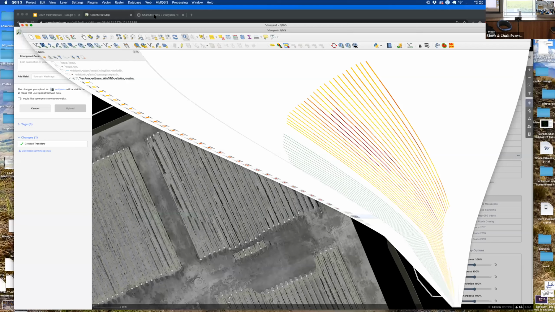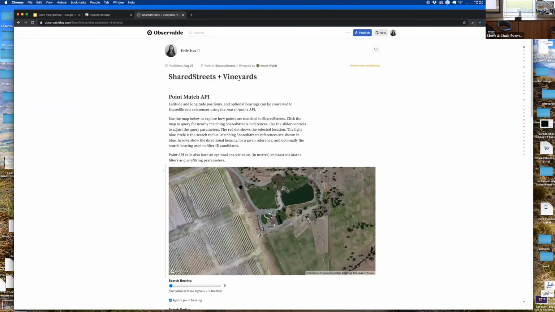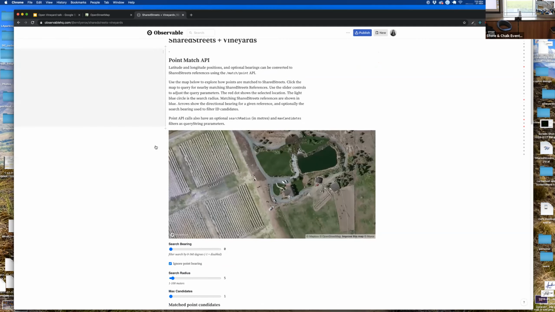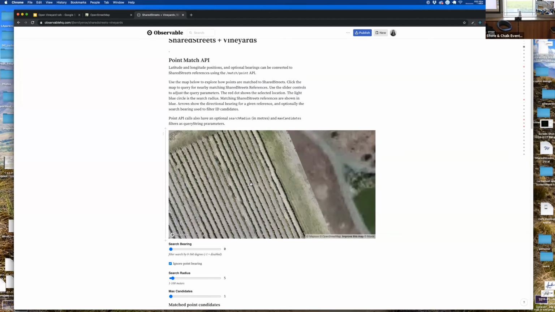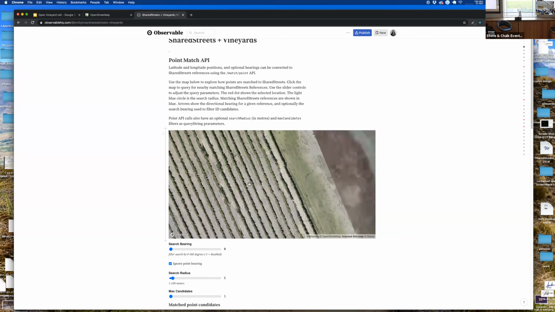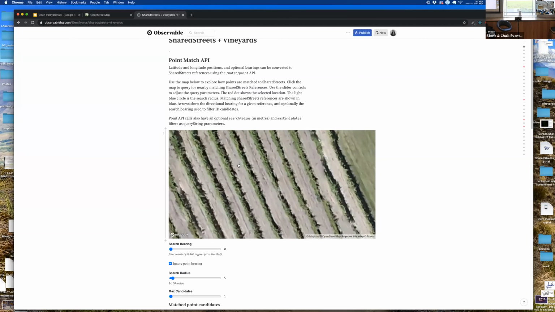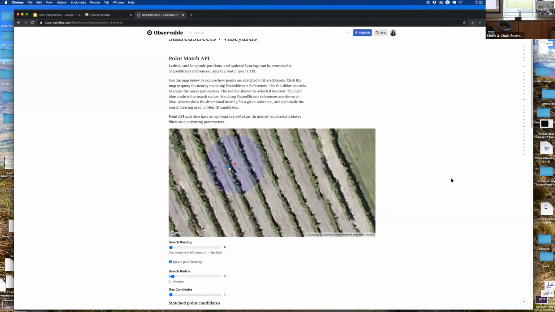Another thing I've got for you, in real time, if anyone wants to play around with this, I also gave the example of, let's say I want to use an app to record something that's broken so that someone can go back and find it later. I can do the same thing too, where if I drop a point on here, this API will automatically snap it to the nearest row and get some information about that. So instead of just being anywhere within the circle and not really being sure, I can actually snap it to that exact row. Because this is an API, it's something that people can build phone apps and other tools off of. They can customize it, repurpose it, etc.